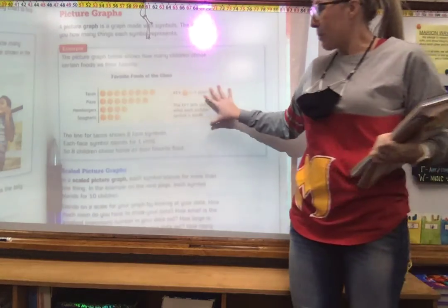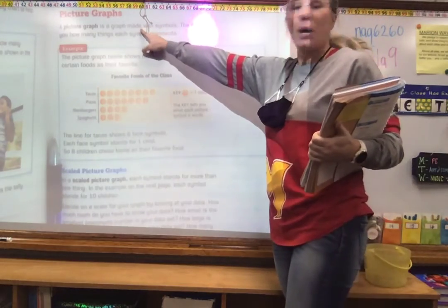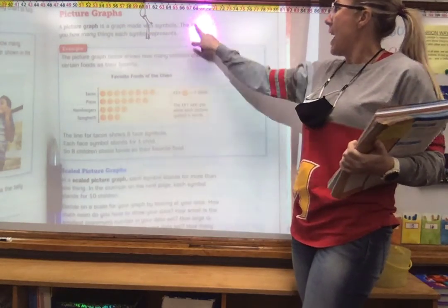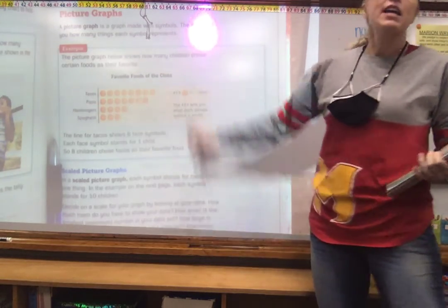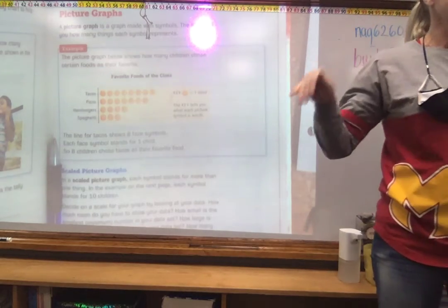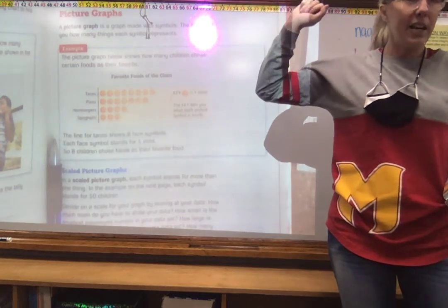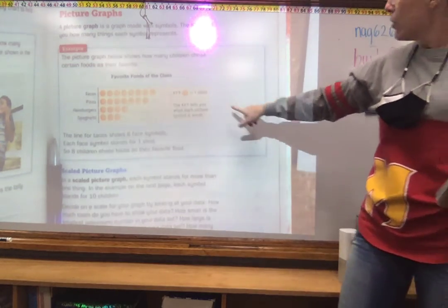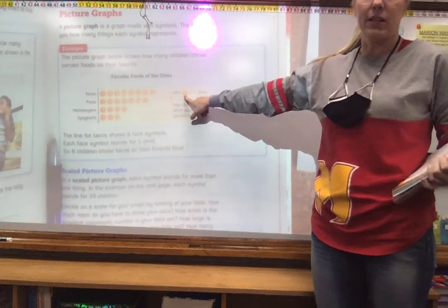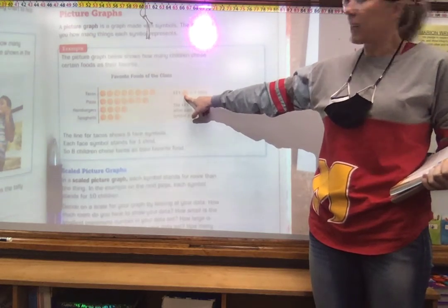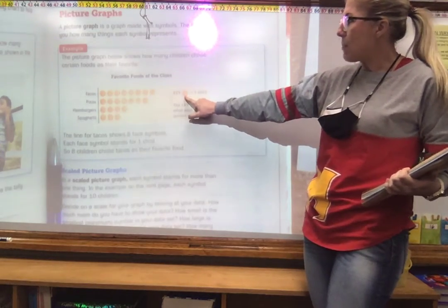So this is an example of a picture graph that's in your reference book, and it gives us a definition up here. It says a picture graph is made with symbols and a key. The key tells you how many things each symbol represents. In a picture graph, the key is one of the most important parts. If you don't look at the key, you don't know how many things you're counting. So right here, it has a key. These are happy faces. It's kind of hard to see with our light in here, but everybody at home has a photocopy of this page so they can see too. So one happy face